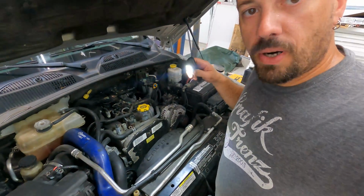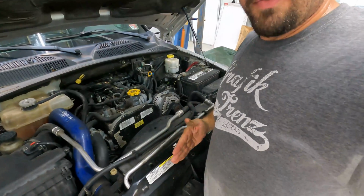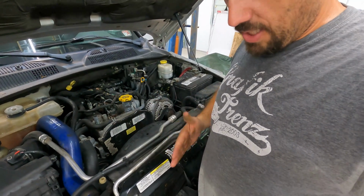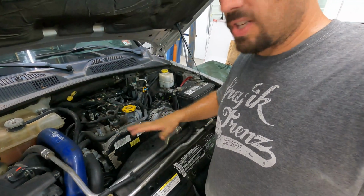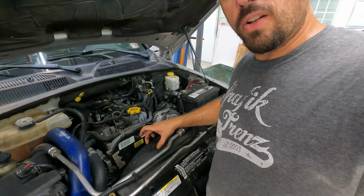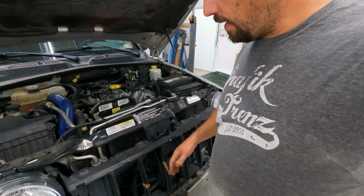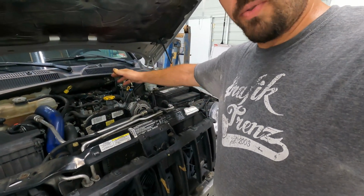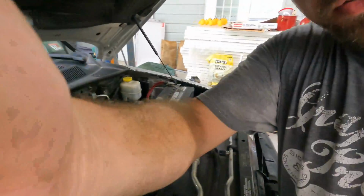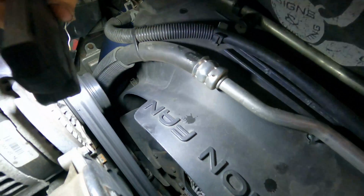Now what makes this partially so difficult is the fact that there is literally no space in here. You have your transmission cooler, your intercooler, and your radiator, as well as your AC condenser and other stuff in here. So all of this is your cooling. You have a very short mechanical fan. You have an electric fan as well, so it is a push-pull system. It will push air through as well as pull air through. 4-cylinder diesel,